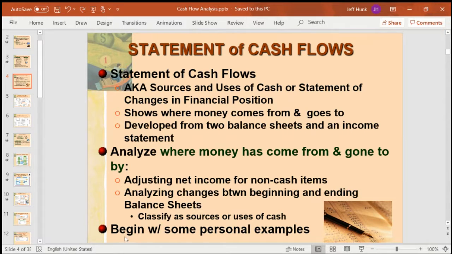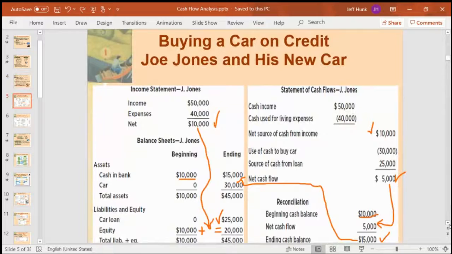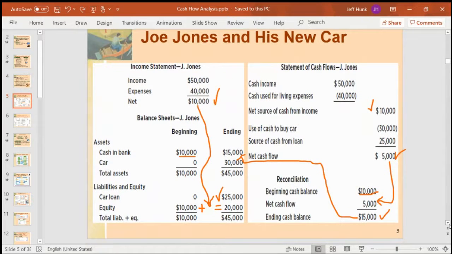And you need to also classify what are the sources or uses of cash. So let's start with some personal examples. Suppose you're buying a car, and let's say Joe Jones is buying a car. So I said you need one income statement and two balance sheets. So there is one income statement and two balance sheets, at the beginning of the year and at the end